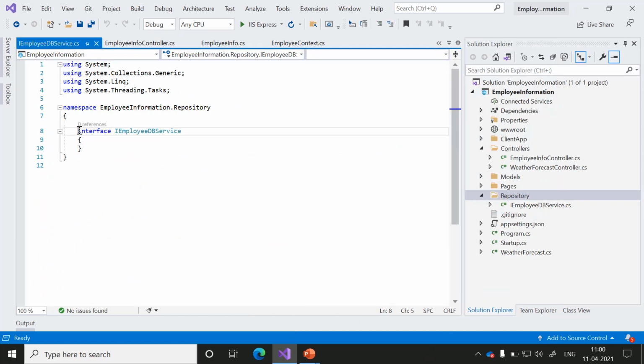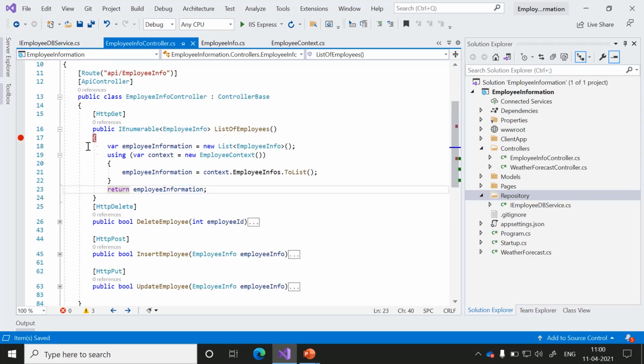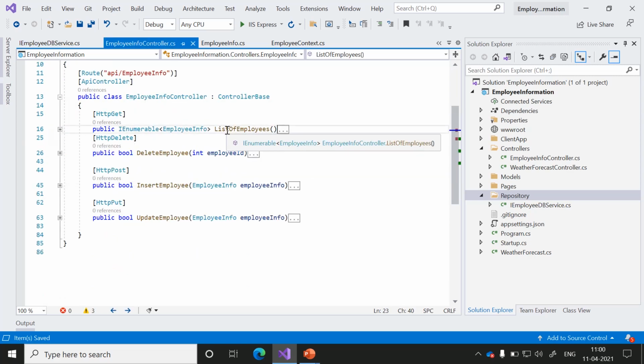By default, this interface is private, but we need to implement this IEmployeeDBService in the derived class. This interface contains 4 methods. Those are list employees, delete employee, insert employee, update employee.